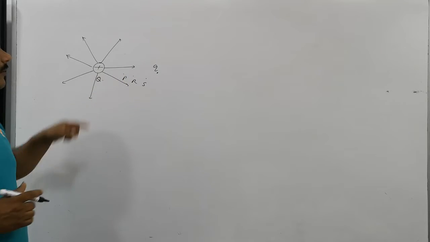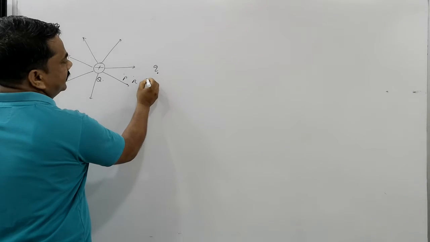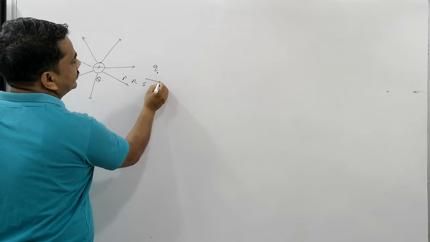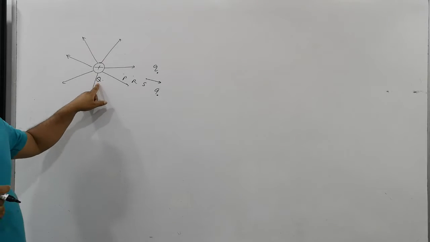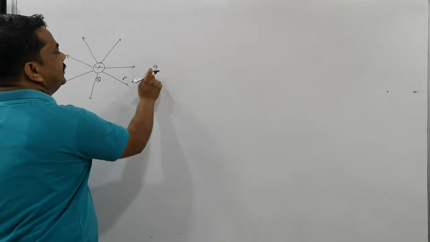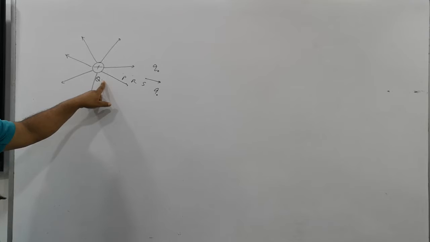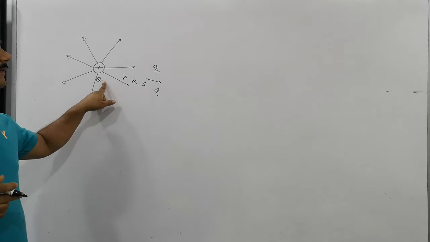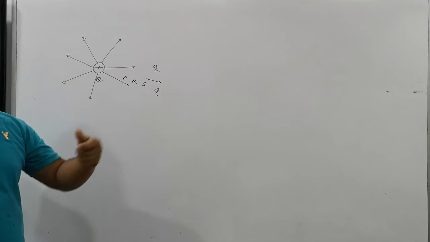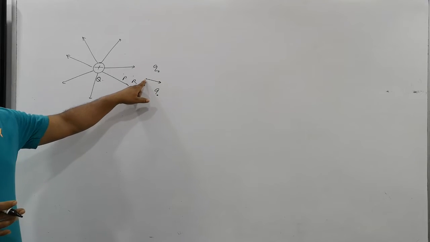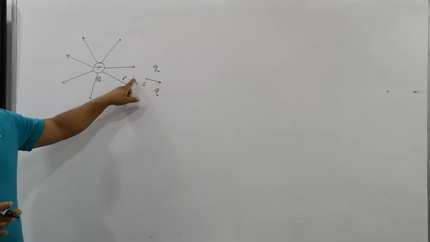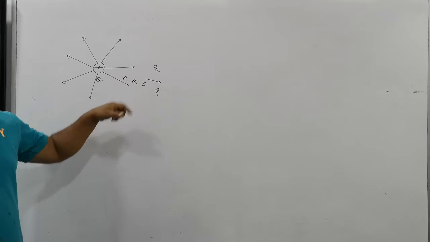Why? Because when you bring any charge to this point, repulsive force will come into use. There is a positive charge Q, and you are also bringing a positive charge. This positive charge will be repelled by Q, and you have to give a force to the charge to bring it to this point, as this is the electric field. If you want to bring the charge to R point, you will do more work. Why? Because repulsion will be stronger.